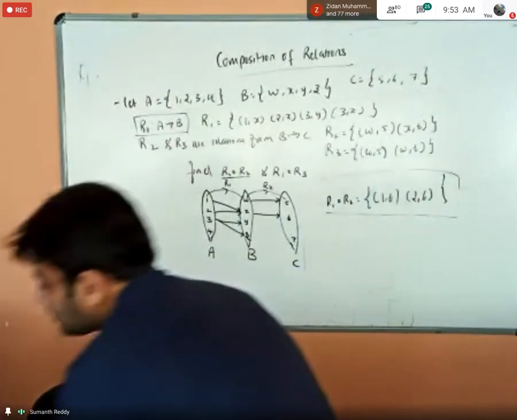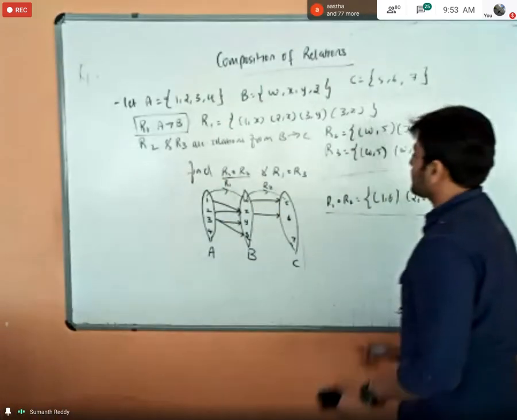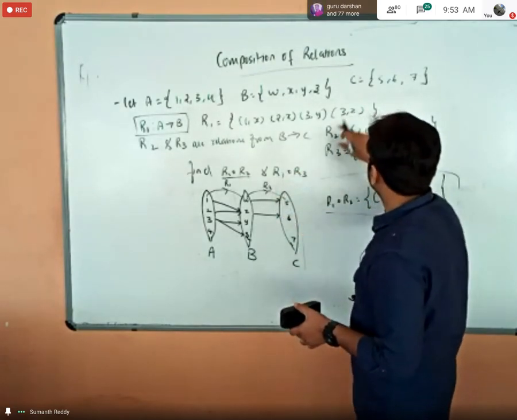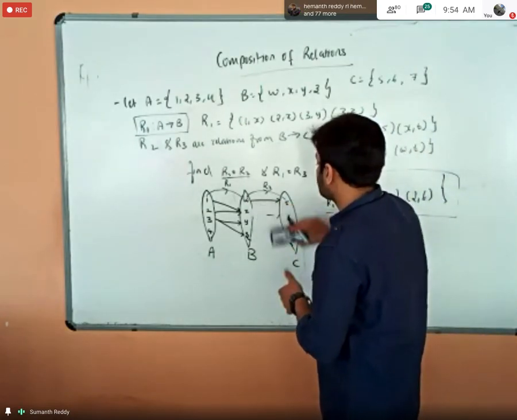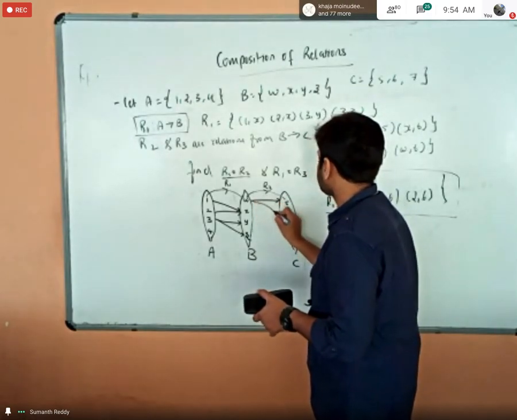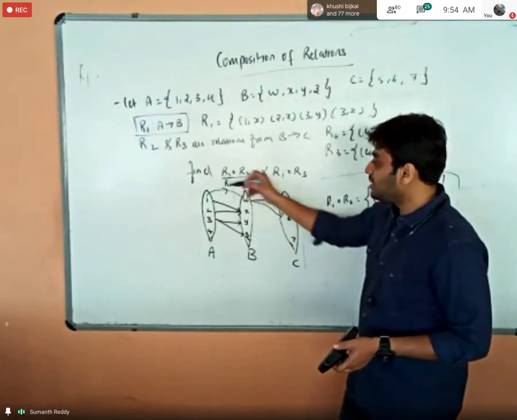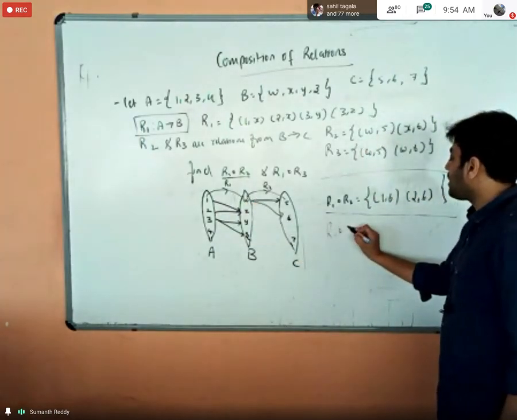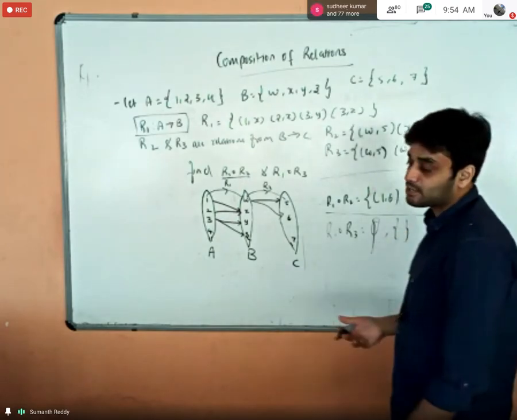I think already you have texted the answers. Yes, it is a null set. Very good. Because when I represent the relation R3, this relation has only two ordered pairs, W5 and W6. W5 I have already written, and one more is W6, right? So if I write that, W will lead to 5 and W will lead to 6, but there is no element in the first set that leads to W. So I can clearly write that R1 composition of R3 will be a null set, right? Or you can use empty flower brackets, both are fine.